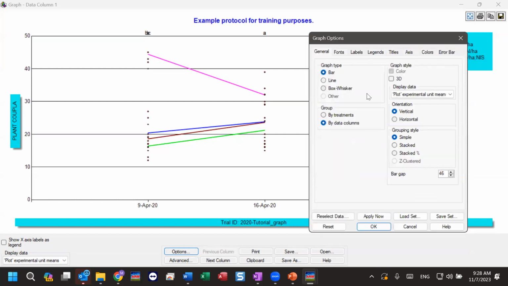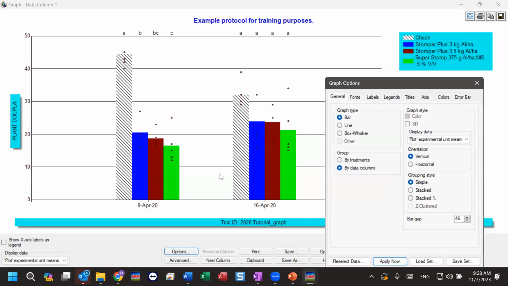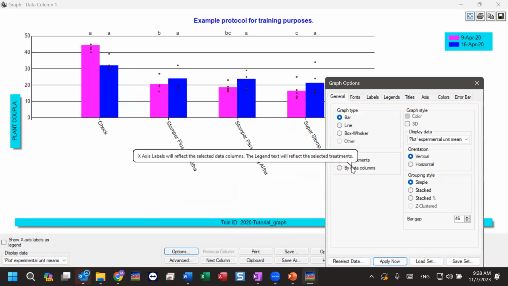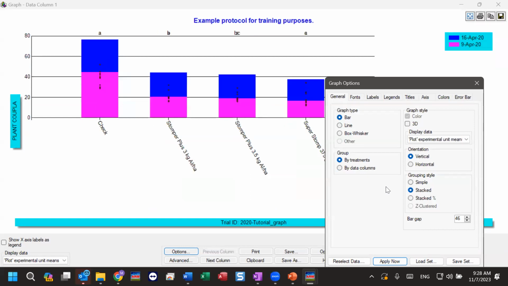The bar graph has that same option to group by data columns instead. So that would show the performance of each treatment at the different dates. So just kind of switching what your variables are for the graph, by treatments or by column. I think that's how you can utilize the stacked as well, if that made more sense. In this case, it really doesn't. It's not cumulative, but